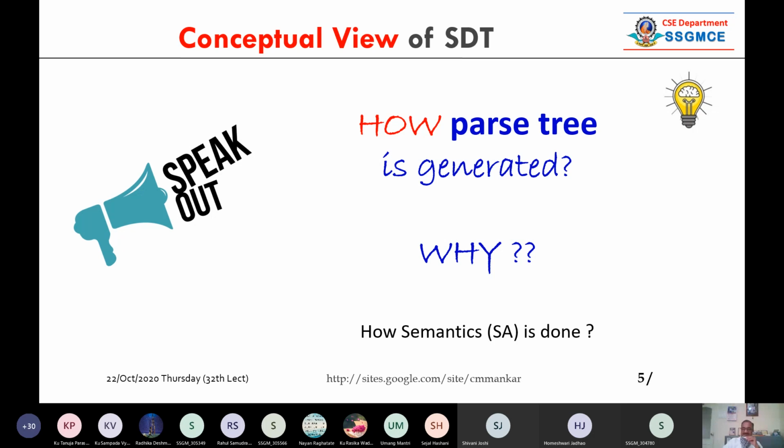Can you tell me, Homeshwari or Gargi? Tejas, hello. You can unmute and talk. How is the parse tree generated? Even you can turn your video on.